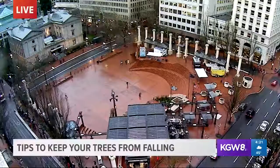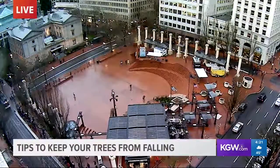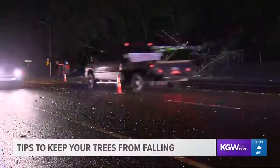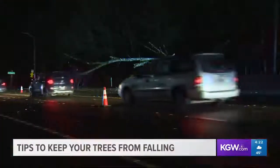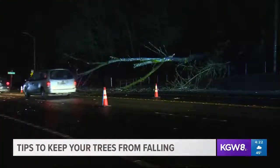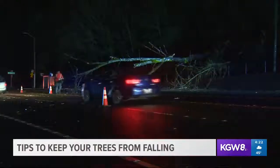recent weeks with toppling trees causing damage or blocking roads. Just today, one came down on Highway 30 near Harbor Boulevard, forcing traffic down to one lane in each direction. Took ODOT crews, a lot of them, to get in and clear that. Between the rain and the high winds, we've been having you wondering, how's the safety of the trees in our